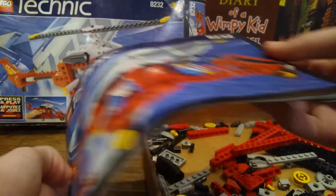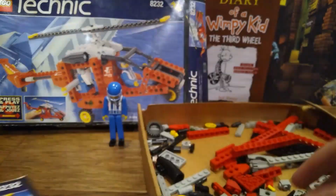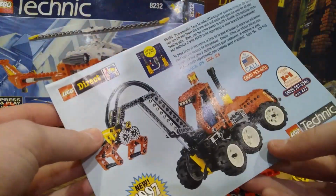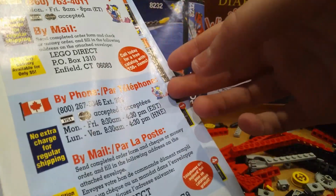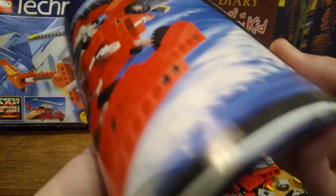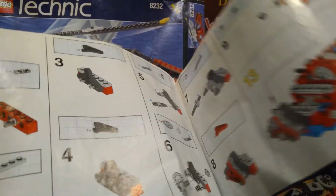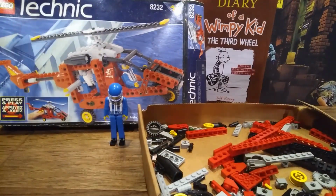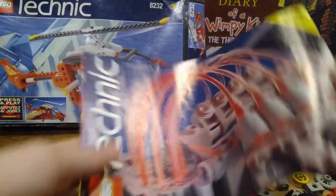Yeah, so here of course you got all the booklets, you got the sticker sheet, you got these booklets, as you can see. There's another booklet, which is this Lego Direct thing. I don't know, I just read stuff, but this is Lego Direct, 1997. Then there's also another one. It's a boat. Kind of strange. There's this. And there's also this,